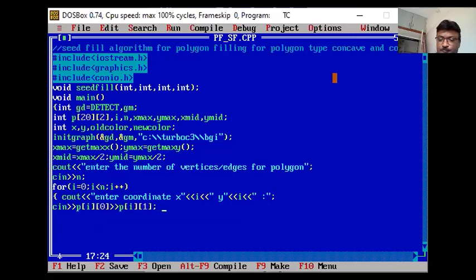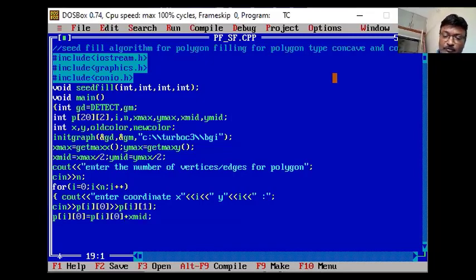So start. Okay. Now, once you read this pi0, pi1, that is the x coordinates, y coordinates of all the polygon. Now I have to shift this on my x-axis, y-axis. So p of I0 plus x mid.